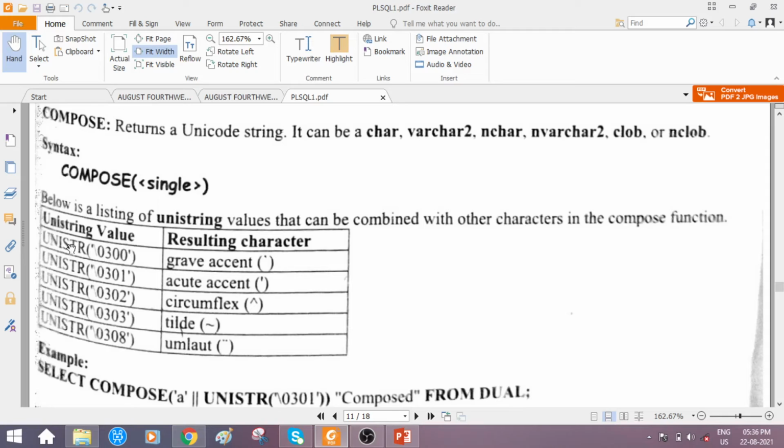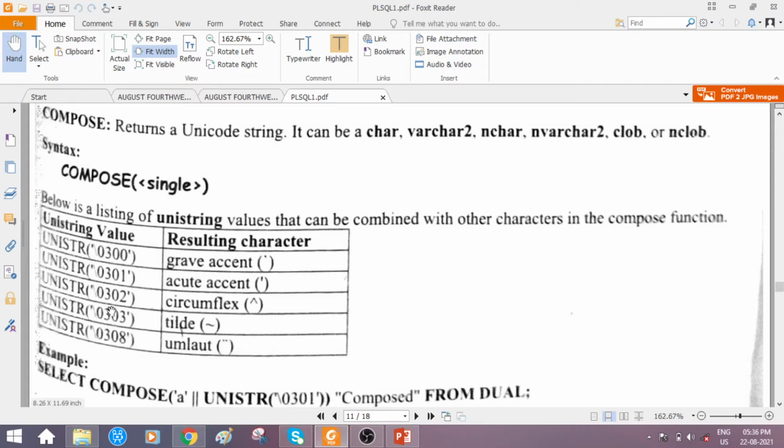Observe here, it is the function unistr, within single quotes backslash 0300, within single quotes backslash 0301, within single quotes backslash 0302, again within single quotes backslash 0303, again within single quotes backslash 0308.